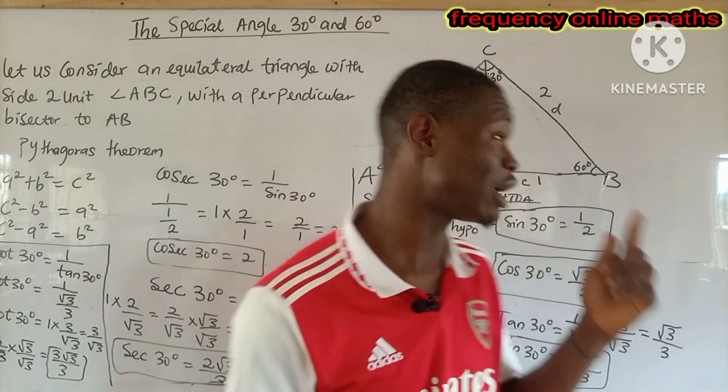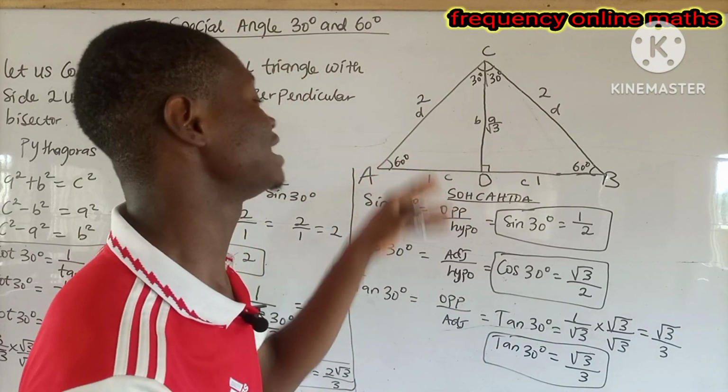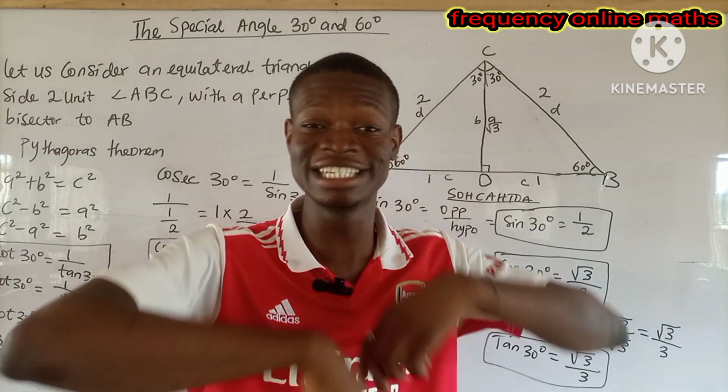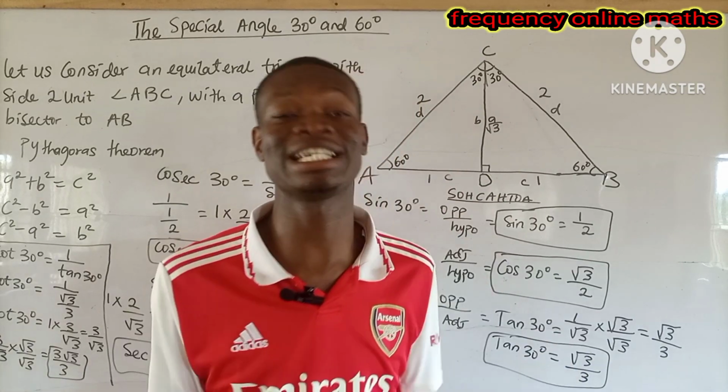In our next class, we are going to find the value for sin 60 degrees, tan 60 degrees, cos 60 degrees, cosec, cos,